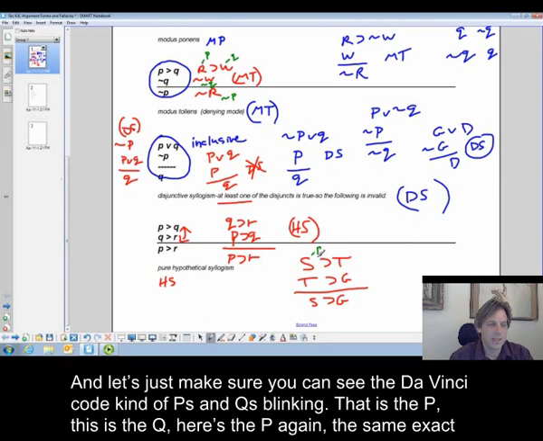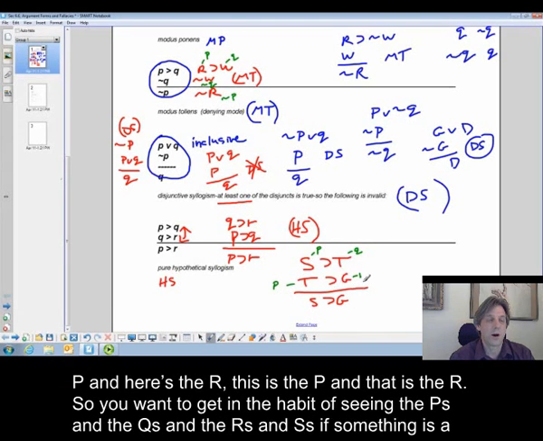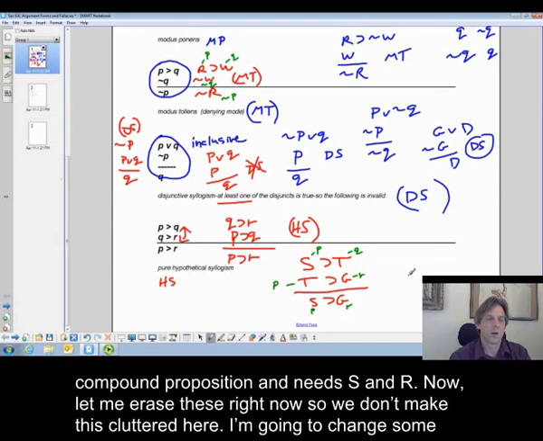That is the P. This is the Q. Here's the P again, the same exact P, and here's the R. This is the P, and that is the R. So you want to get into the habit of seeing the P's and the Q's and the R's and S's if something is a compound proposition. Okay, now